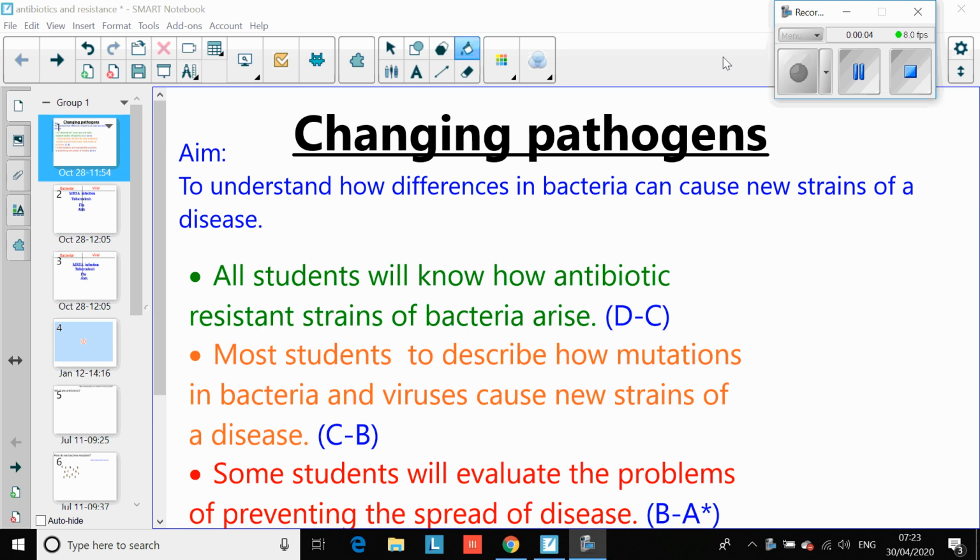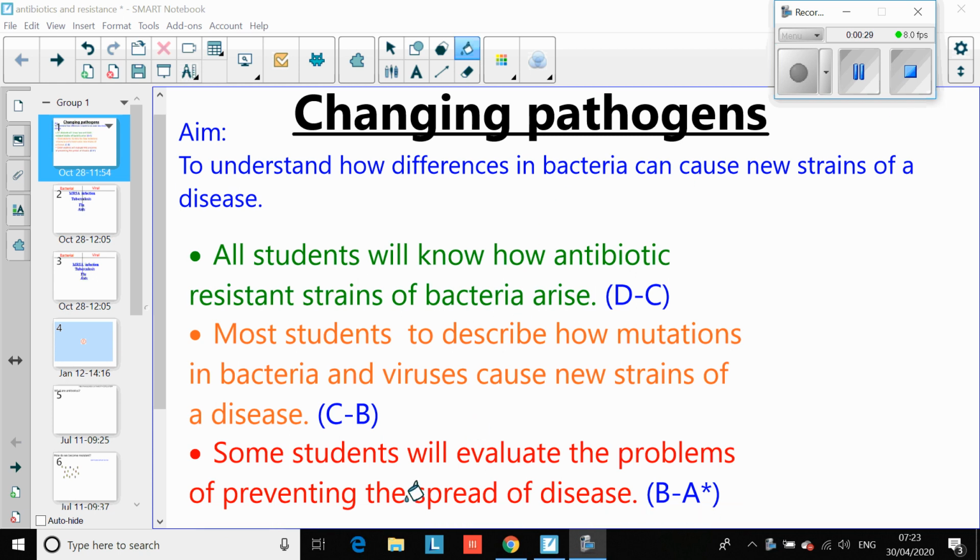So what we're going to be doing today is looking at how certain pathogens, particularly bacteria, change and why this can cause a problem. All of you should be able to know how antibiotic-resistant strains of bacteria arise. So how do we get these bacteria that are resistant to our antibiotics? Describe how mutations in bacteria can cause new strains of disease, and evaluate the problems preventing